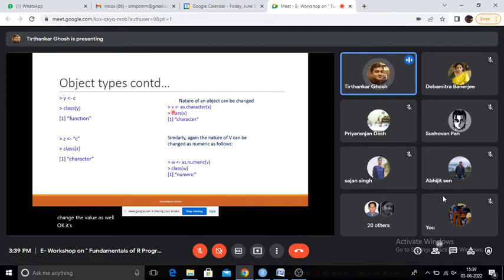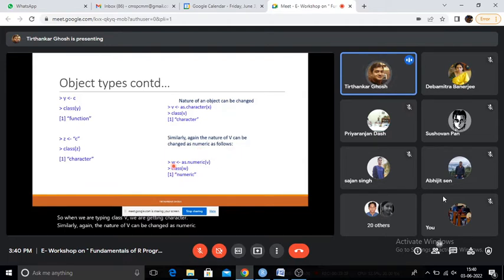Let's say v is a variable, and we are assigning the value of x as a character. So the value of x is now assigned as a character to the variable v. When we type class v, we get character. Similarly, again, the nature of v can be changed to numeric.